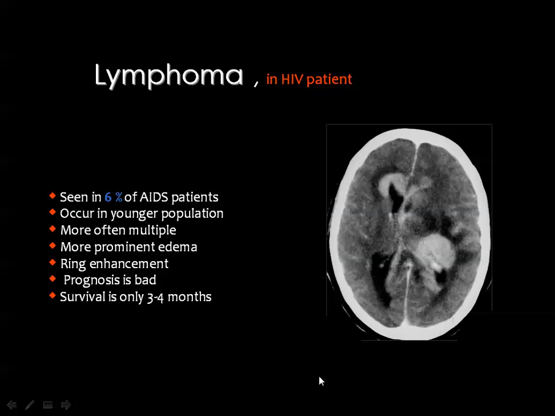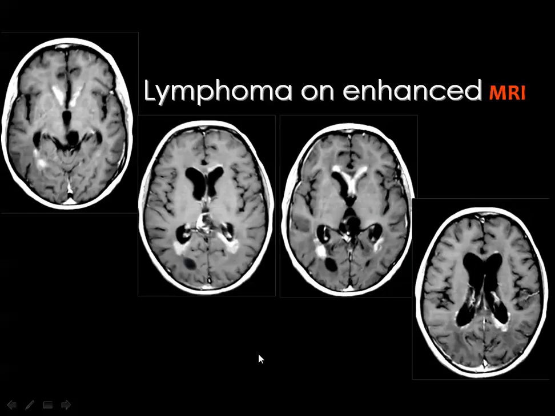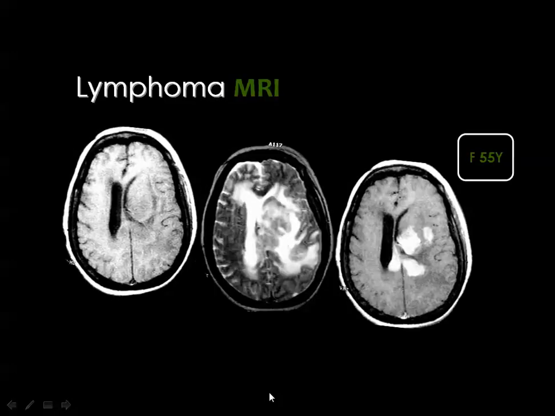But remember that lymphoma in an immune competent patient will show homogeneous enhancement, periventricular location, little brain edema, and little mass effect. And this is the T1 post-contrast MR images of the brain showing homogeneously enhanced periventricular lesions, diagnostic of lymphoma. And this is another case where you can see an intermediate signal lesion in the T1 and intermediate signal